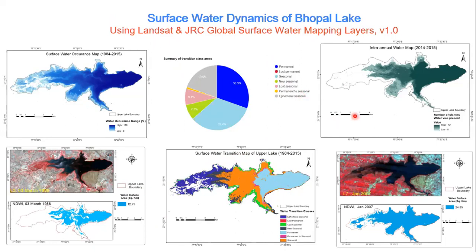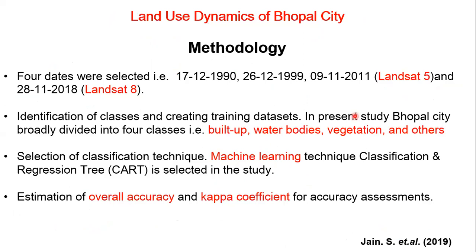Okay. Another study which I have done is the land use dynamics of Bhopal city. Those who don't want to work on water resources, who just want to do supervised classification, unsupervised classification, or those who are working in the forest field, can also do various kinds of analysis. In this study, I have calculated the land use dynamics of Bhopal city. I have used the Landsat data of 1990, 1999, 2011, and 2018, and I have classified